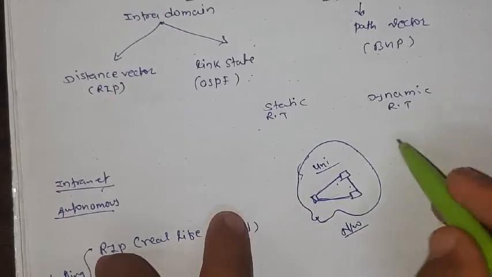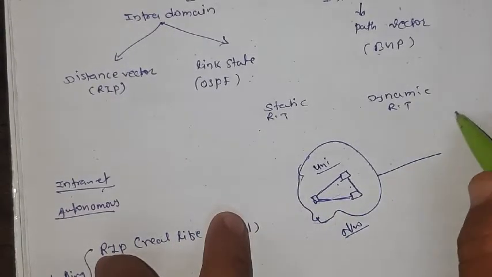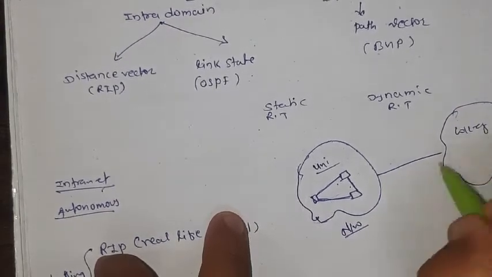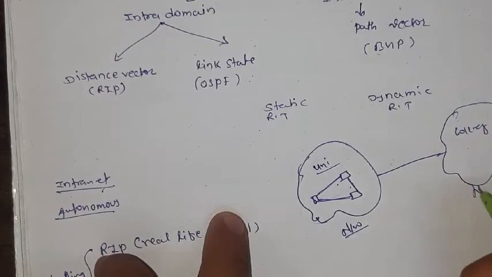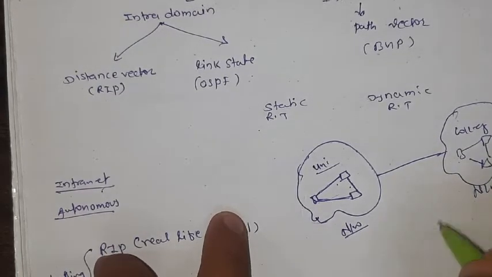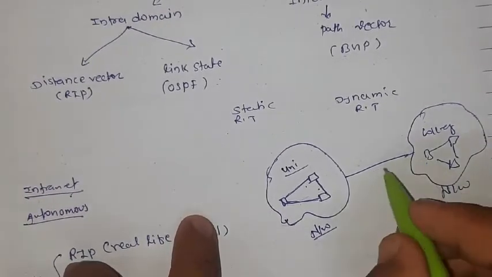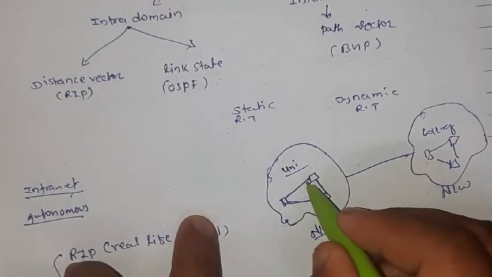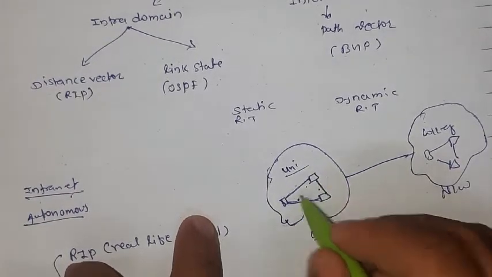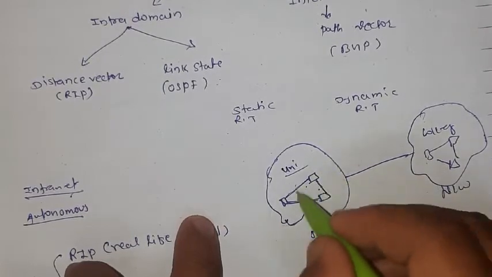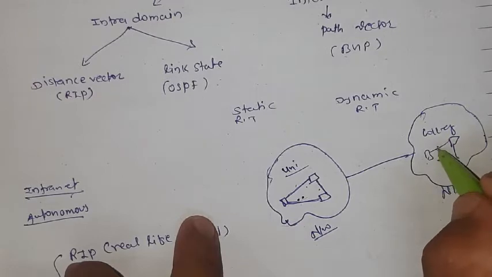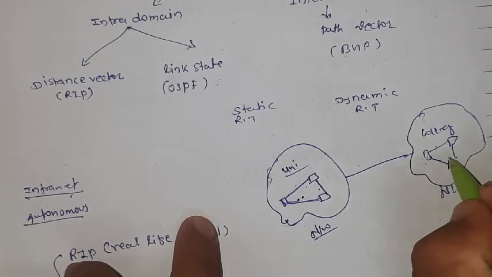And this university network wants to communicate with another university or college network. This college network is also called an intranetwork. In a college also, several routers are connected to each other. So the conversation within a network itself is called intranetworking, or this is an autonomous system. Here this is another autonomous system. The sharing of information between these routers is called intranetwork.